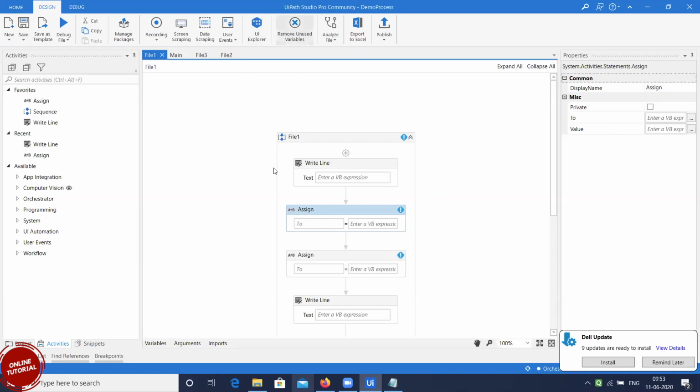Next is remove unused variables. I'm not sure how many of you know what a variable is. Any idea what a variable is? Yes, it is a temporary storage of any specific field. So variables are used to store temporary data during your runtime execution. Whenever you start your process, the memory will be blank, and in your process, we are going to store the values.